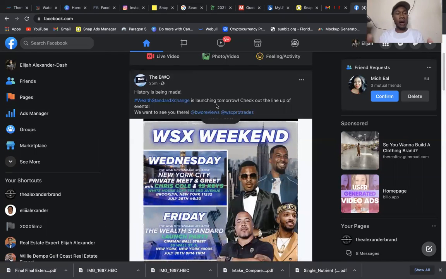This is the updated Facebook. Depending on when you bought this course, a lot of people do not have the updated Facebook feature. This is the new Facebook interface, so if it looks different, that's why, and I also have mine on dark mode. A lot of people do not have this feature on their account.